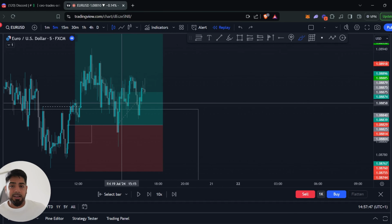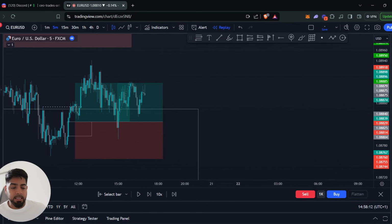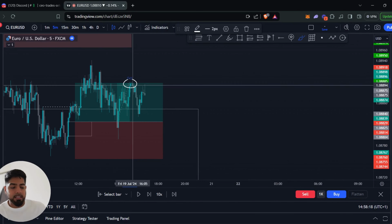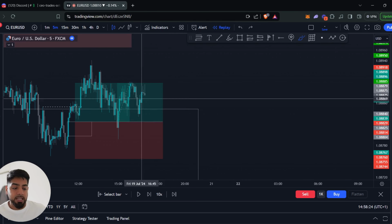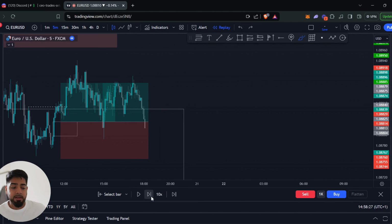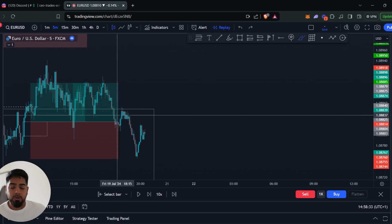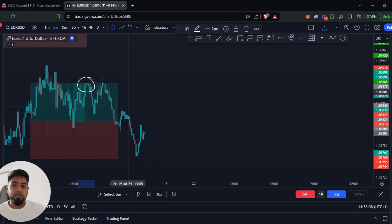Once it starts chopping around, I then decide to tell everyone that we are going to close this position for a plus 1% gain because it's Friday, markets are closing soon, and the volume seems to be drying up. Literally, I think it was right here is where I told everyone to close out that position. And then as soon as we closed out this position, price then decided to dump again. So it was a very good call that we closed out this position because the volume just simply seemed to be drying up. And as we can see, if we hadn't closed out this position, price then decided to actually go and hit the stop loss. So we closed out right here for a plus 1% gain